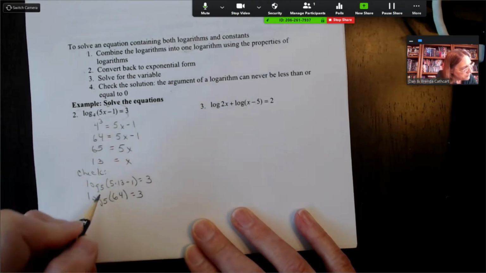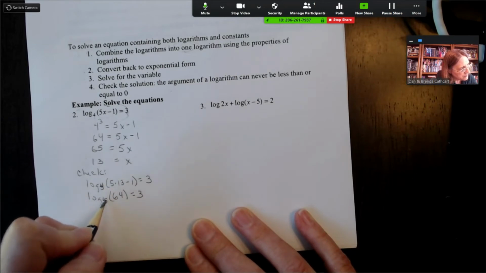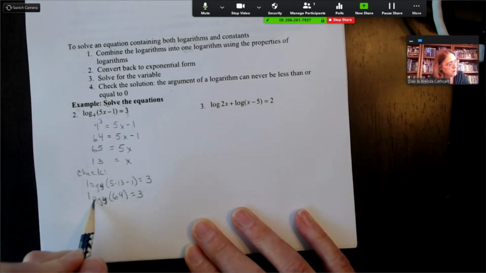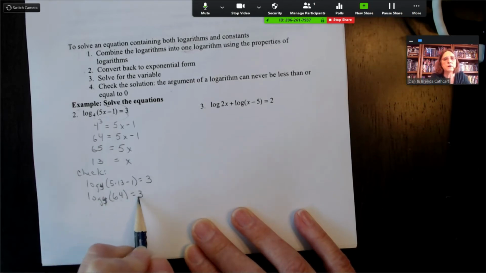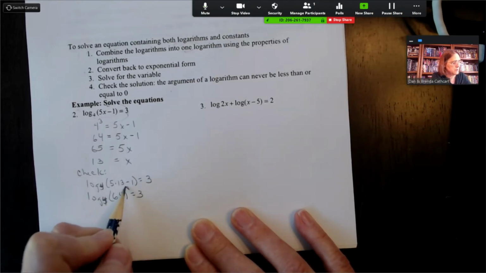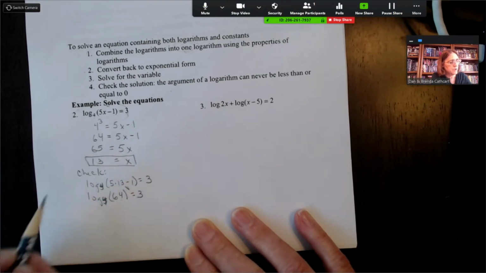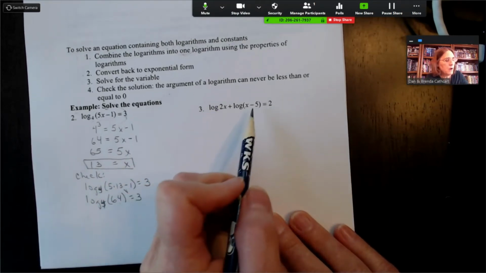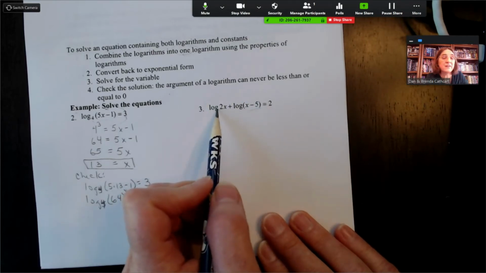Oops, that's not base 5, that's base 4. It's a good thing, because it works when it's base 4. We have log base 4 of 64 is equal to 3, and that checks. So our answer checks. Okay, number 3, we have the logs on one side of the equation, but they're not